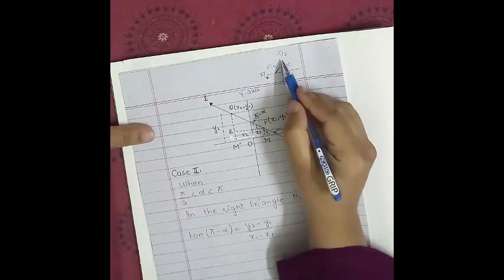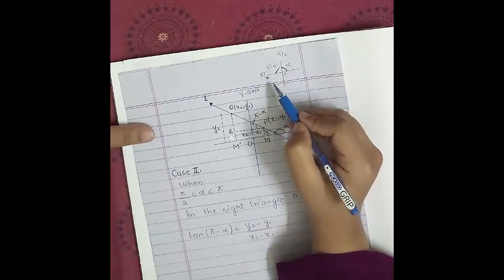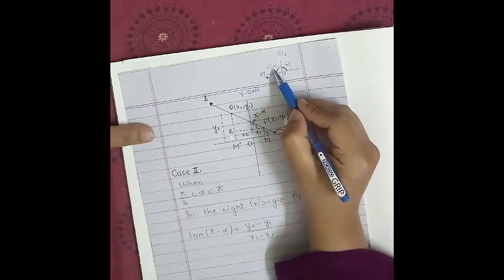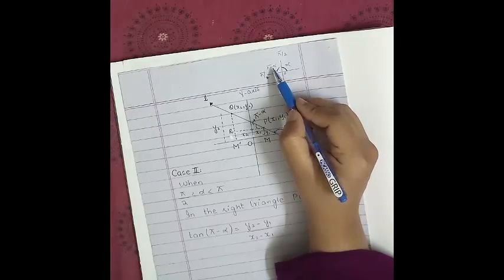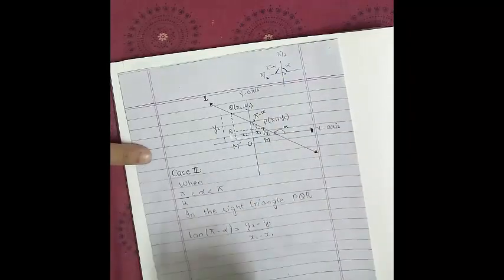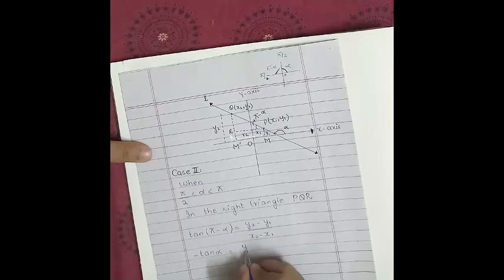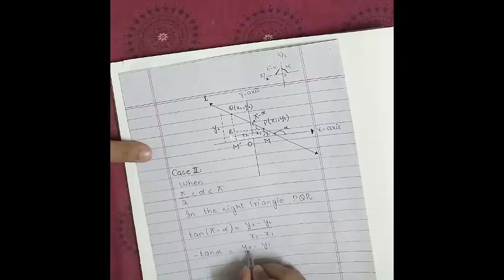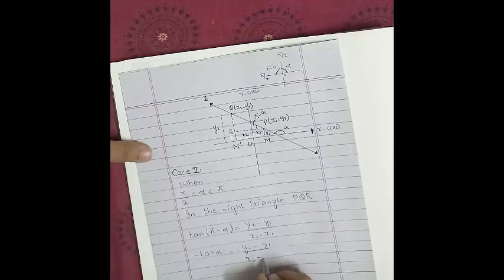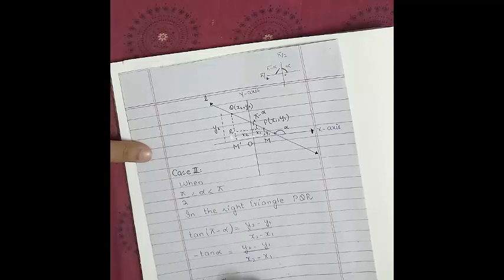In four quadrants like this, pi is this. Pi minus alpha means the angle will lie in the second quadrant. In the second quadrant, the value of tan is negative. So the answer would be minus tan alpha, which is equal to y2 minus y1 divided by x2 minus x1. Now multiplying minus on both sides, we will get tan alpha equal to